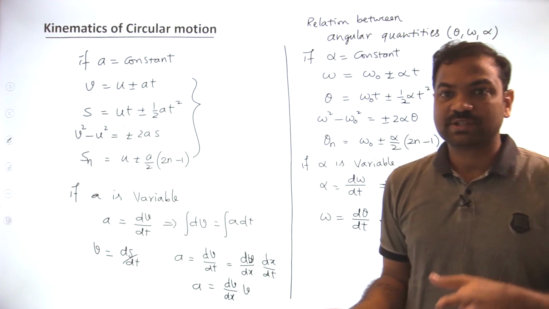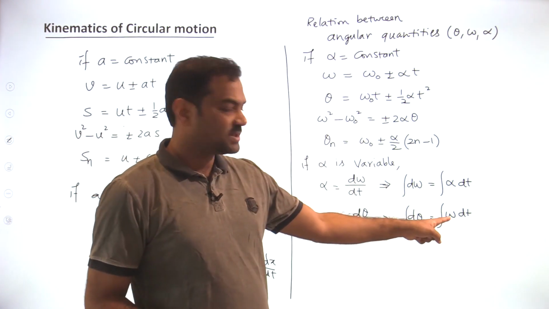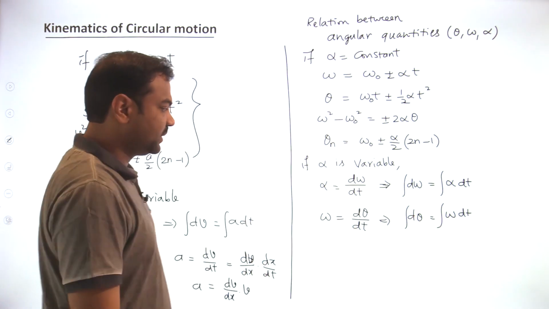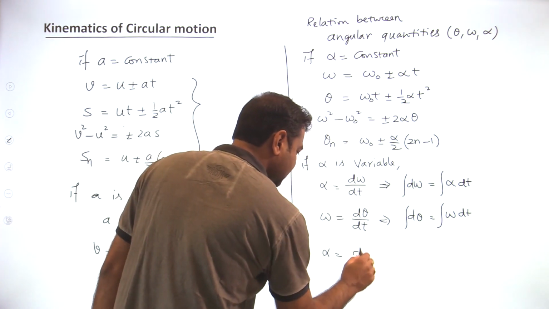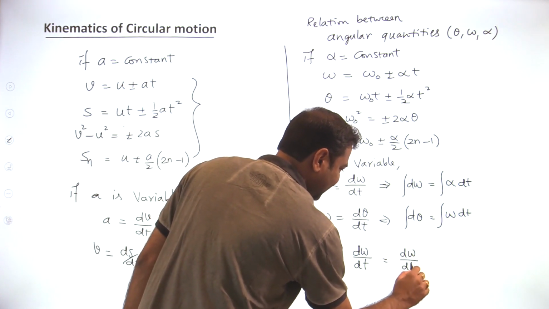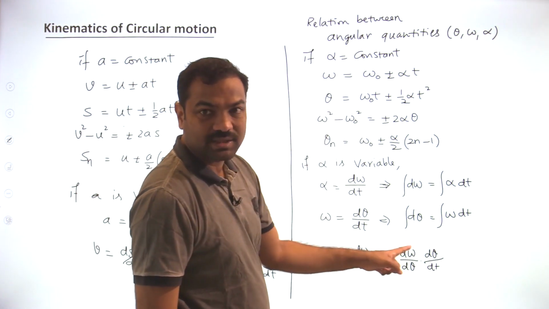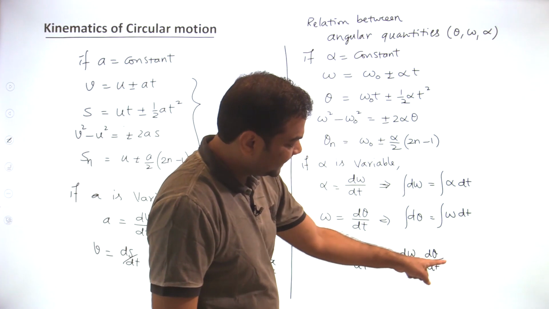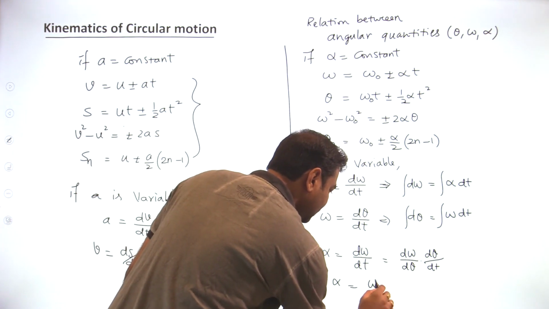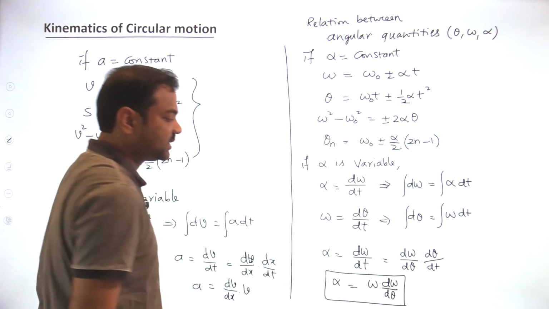Suppose the omega function is given and you want to identify angular acceleration, then differentiate it. If the omega function is given and you want to find the displacement, then you integrate it. Again, you can write alpha as d omega by dt. This is one important expression in questions. This can be written as d omega by d theta into d theta by dt. So d theta cancels out, and you get d omega by dt only. Then what is d theta by dt called? Angular velocity. Then alpha we can write as omega into d omega by d theta. This is the alpha value.